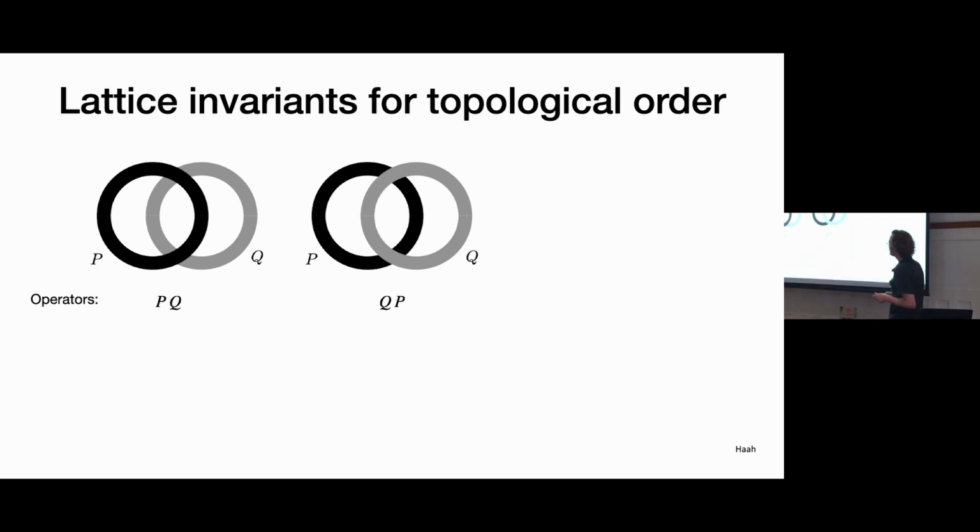And what you consider is you take your lattice model. So imagine there's some sort of lattice model sitting in the background. And we look at these regions. So there's 2 regions here, a P and a Q. They're both just some annulus. So it's like a fattened string. And you think about all the operators you could have in this string that preserve the ground space.